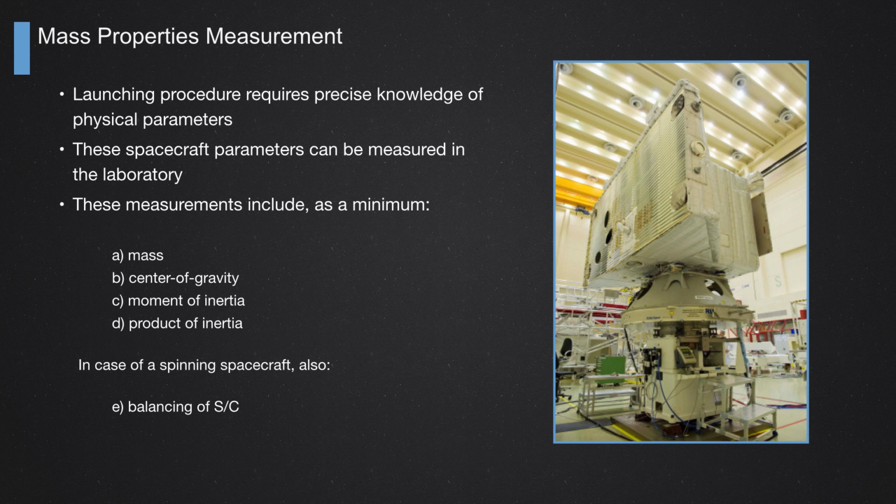And in case the spacecraft works in a spinning mode in space, we also have to do a balancing of the spacecraft. All these measurements and numbers are very important to give to the people from the launch vehicle, because they can program their launch vehicle, because they know exactly what's inside their rocket, the mass, the center of gravity, to put the spacecraft in exactly the correct orbit, angle of inclination, and altitude. They need this information, so we have to get it in the laboratory. We call it mass properties measurements. We get numbers, and we give these numbers to the people from the launch vehicle to make sure they put it in the right orbit.